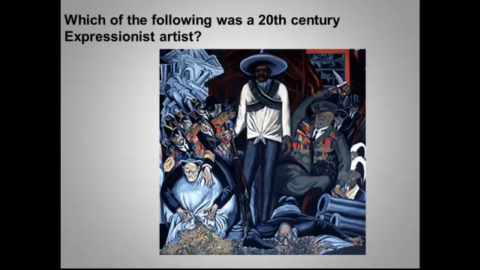So the question is, which of the following was a 20th century expressionist artist? I figured out the answer basically through process of elimination, but I realized I hadn't really thought of the Mexican muralists, Rivera and Orozco, or Frida Kahlo for that matter, as being expressionists. But actually they really are in their use of color, color emotionally, although I think of them as having perhaps a broader social and political message. At any rate, this artist is going to be the answer to that question. Here's one panel from his huge Epic of American Civilization, which is also on page 1027 of your textbook.